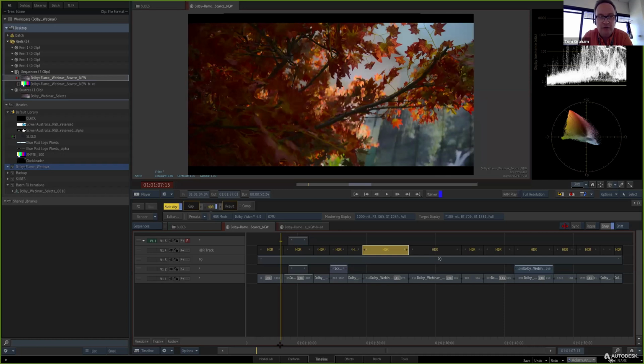Now there are also other companies, like Moxion, making a review and approval type application that allows you to load the Dolby Vision mezzanine as a ProRes file and a sidecar XML, and then it encodes it, lets you send email links to anyone who has an iPhone 8 Plus or later, or an iPad Pro, or a Dolby Vision TV, like an LG or an